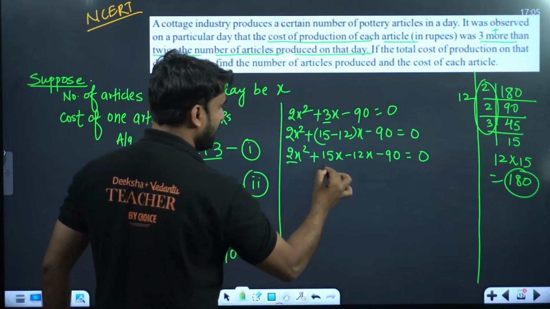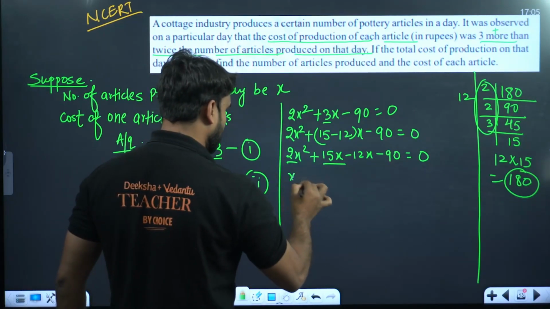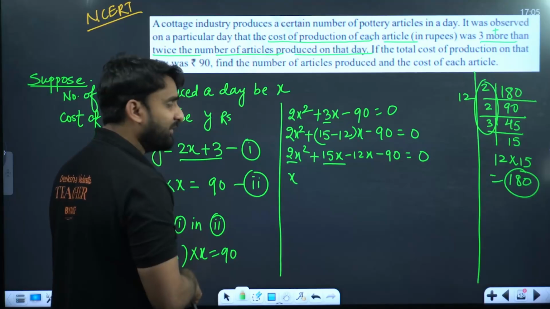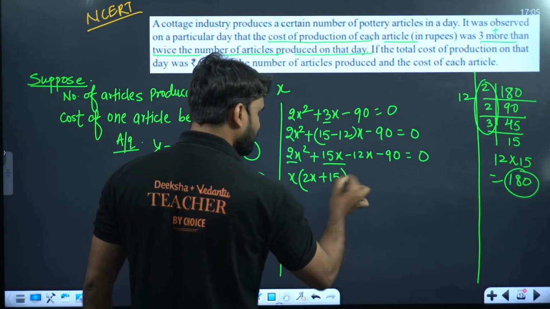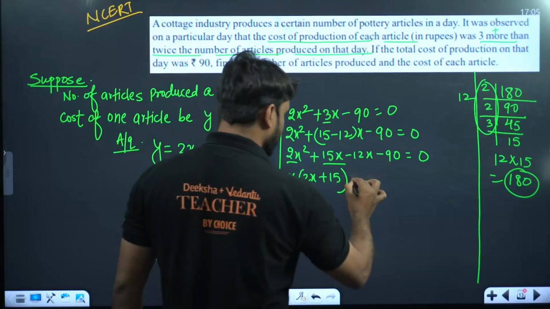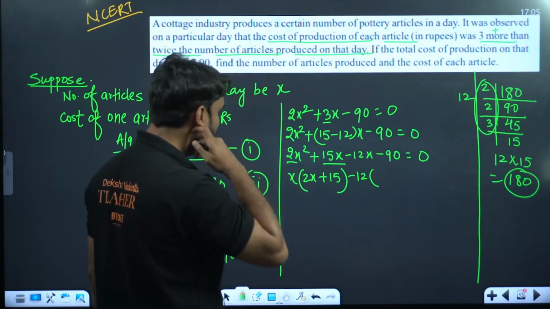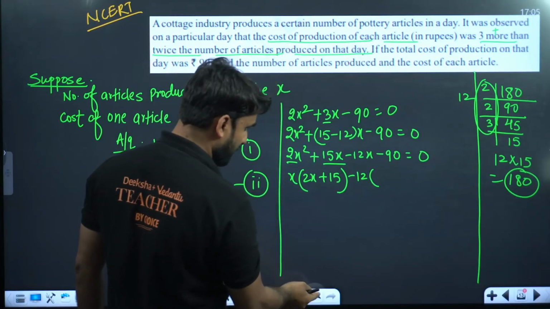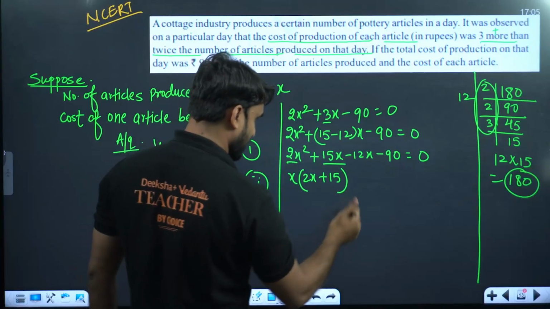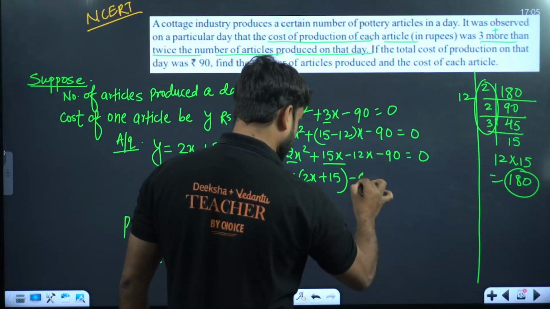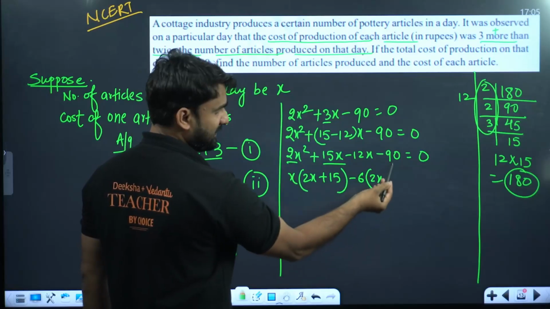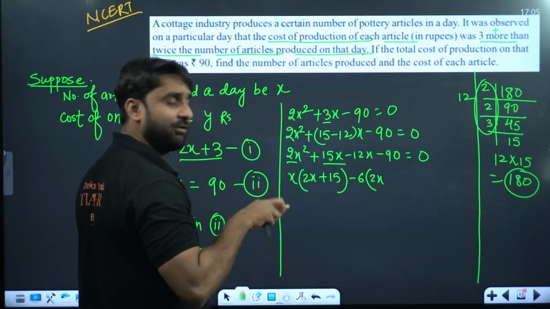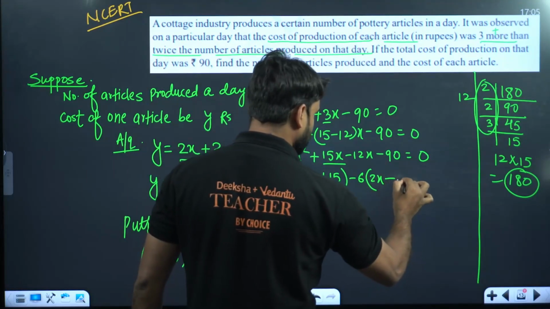Now what can we take common here? Only x will come common, because 15 is not a multiple of 2. So this will be 2x plus 15. What can we take common here? Here we can take 6 common, minus 6. So this will become 2x, because 6 twos are 12, and this is 90, since 15 sixes are 90. We all know this. So this will be plus